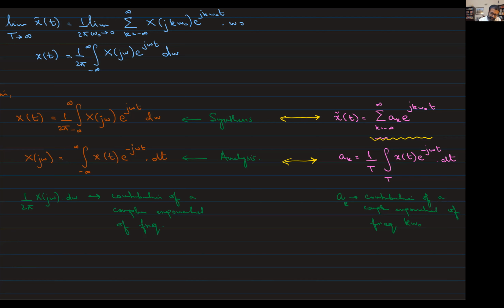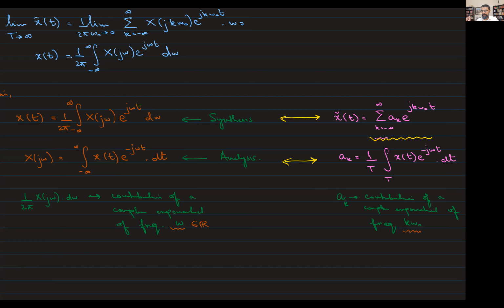Frequency omega, right? And here, this omega is on the real number line, as opposed to in the periodic case. Here, as I move k over the integer set, the frequencies that I traverse are not the entire number line, but a discrete set of frequencies on the real number line.